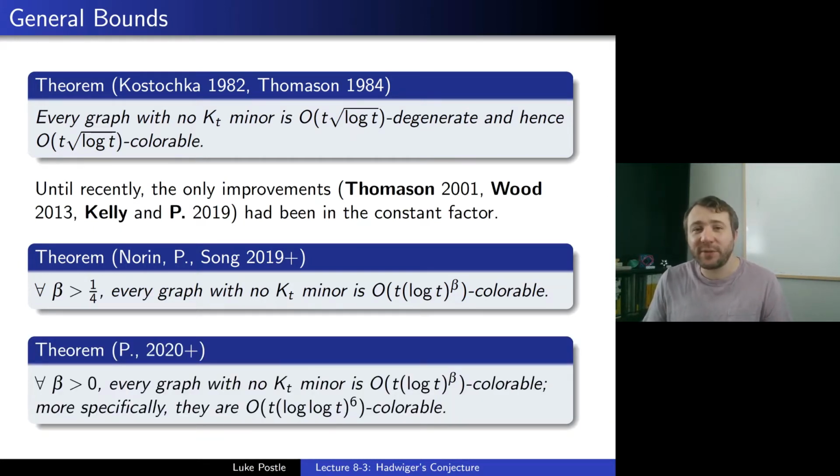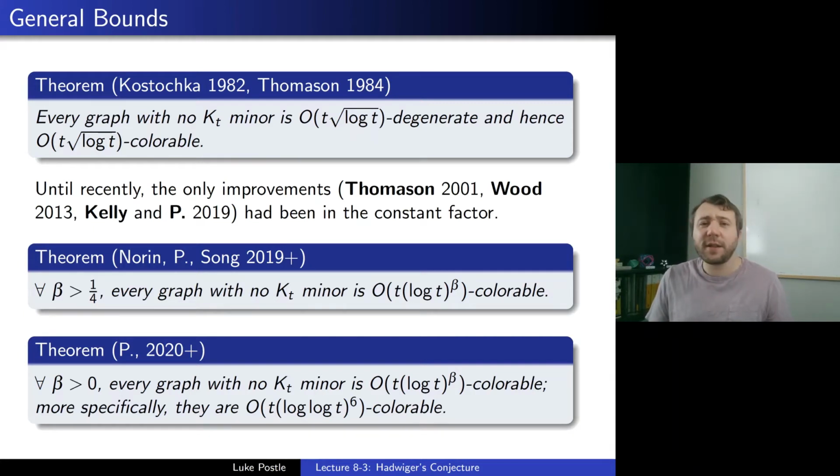until just this year, when I was able to show that for every beta greater than 0, every graph with no K_t minor is O(t (log t)^beta) colorable. More specifically, they are O(t (log t)^6) colorable. So we've managed to get rid of the square root log t and get it down to a polylog factor. So I think these results are nice, and I'll talk through a little bit about how their proofs go